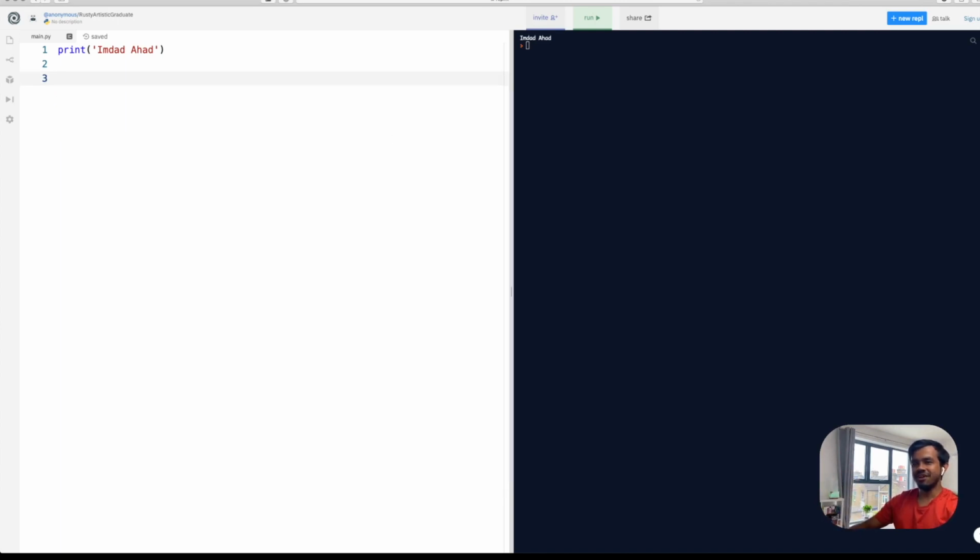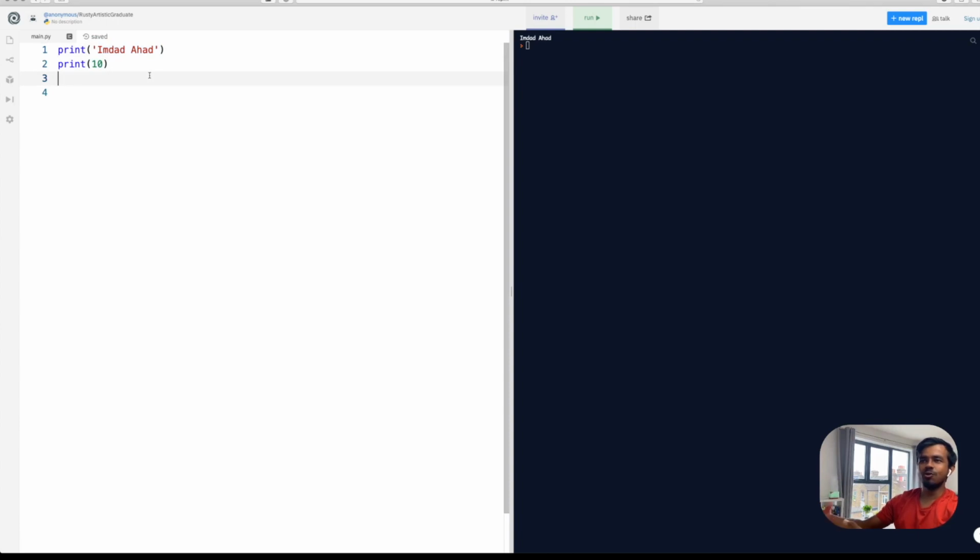Cool. Now that we've learned about comments, I want to go back a second to this line here. I mentioned Python needs to know that this is a string. It's a sequence of alphabetical characters. And Python needs to know that because it needs to know it's different from that, right? That's a number, and that's a string.